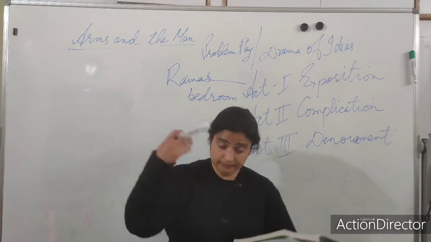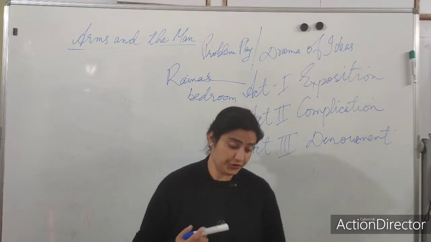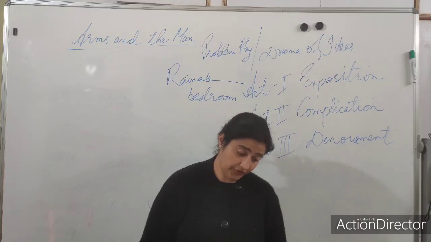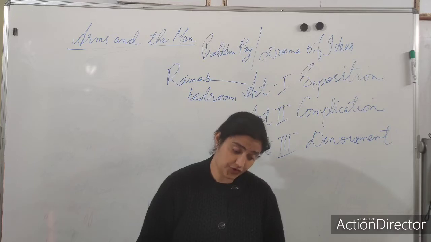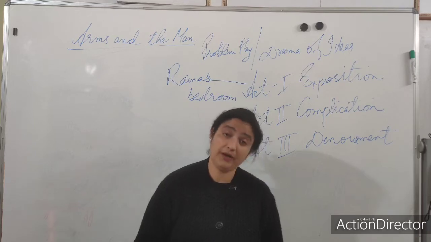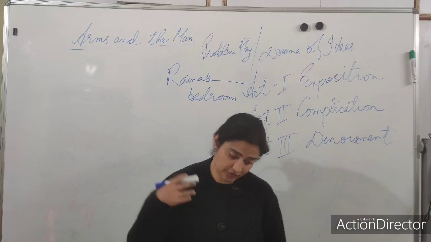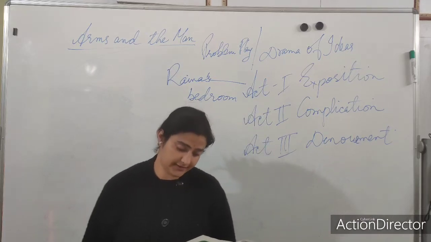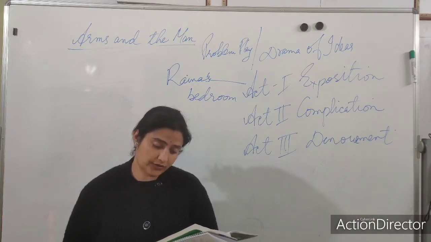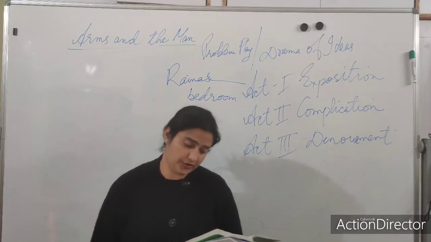Then, how Shaw introduced Raina. Raina, the heroine, is standing in the balcony when the curtain rises. She is enjoying the beauty of the November night. She is conscious that her own youth and beauty are part of the surroundings. She's wearing her nightgown, over which she has thrown her long cloak of furs. This cloak is worth thrice the cost of the furniture in her room.